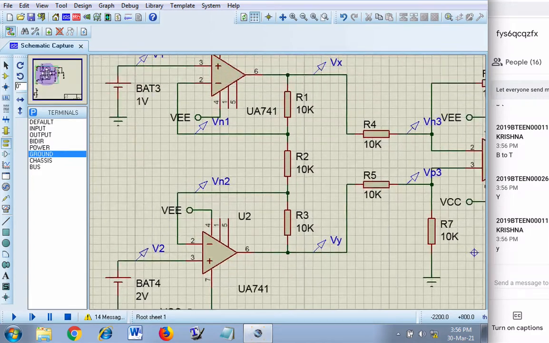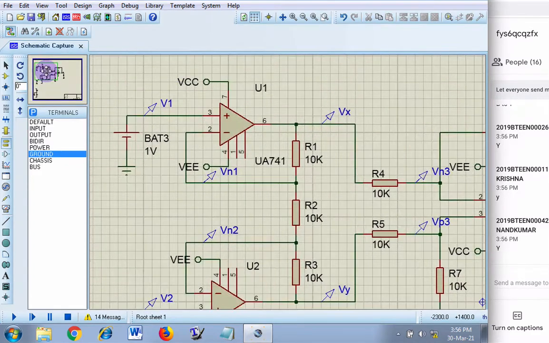Okay. Then यहाँ देखेंगे क्या होता है. यहाँ 1 volt है, वो यहाँ आएगा 1 volt. Okay, current is going from bottom to top. So this voltage 1 volt, इससे कम voltage इधर आएगा Vx. So Vx will be less than 1 volt. This we will understand. So Vx will be less than 1 volt and Vy will be more than 2 volts. ये इतना करके हम देखते हैं.